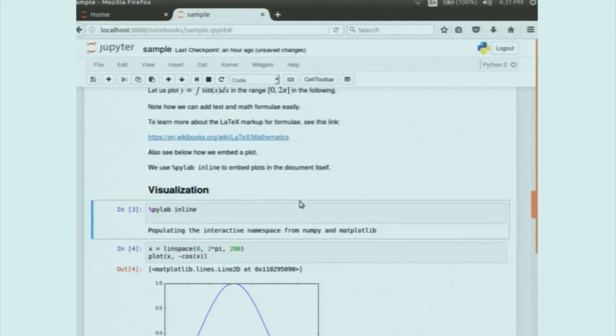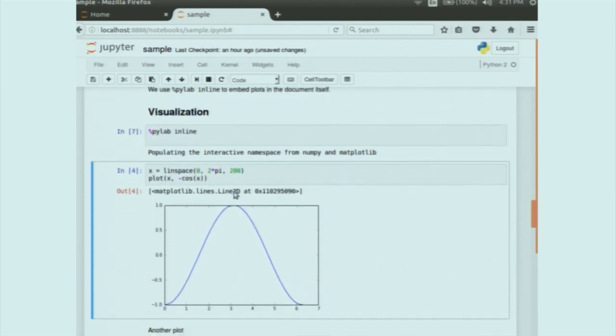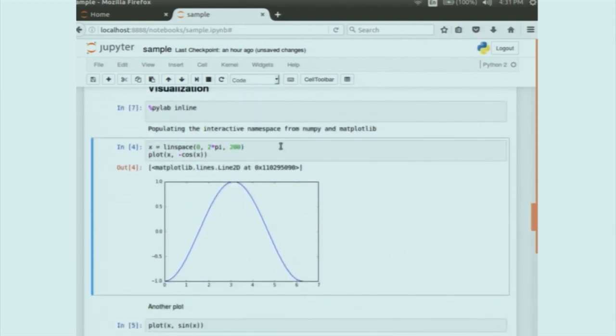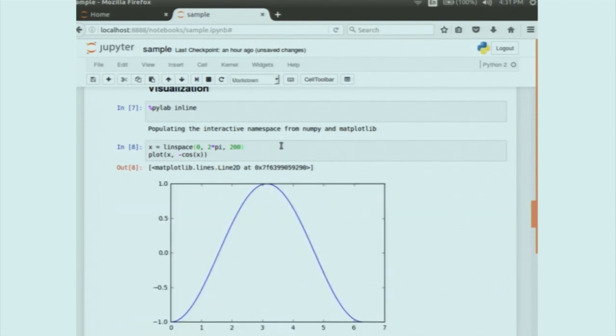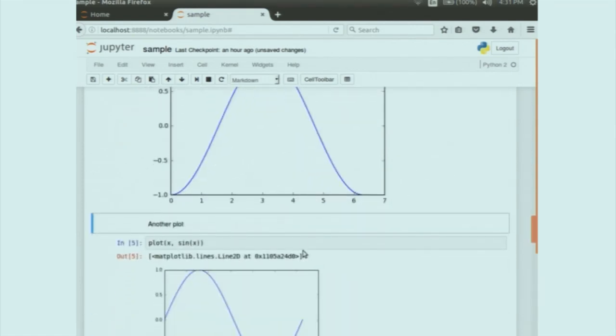Now we want to show you how you can embed visualizations. So remember I told you that we can do %pylab. Turns out that pylab also has an option to tell you how to show these plots that keep popping up. In the notebook case, you always want to have the plots show embedded in your document so that the document contains the images. So to do that, you just say %pylab inline. What that does is it populates the interactive namespace from matplotlib and numpy, and if you type something like this, notice that the plot shows up right here. The plot is immediately embedded here. And here's another plot,